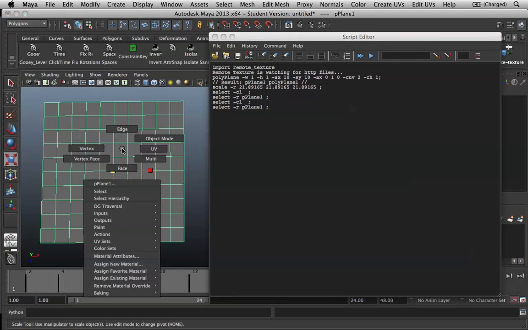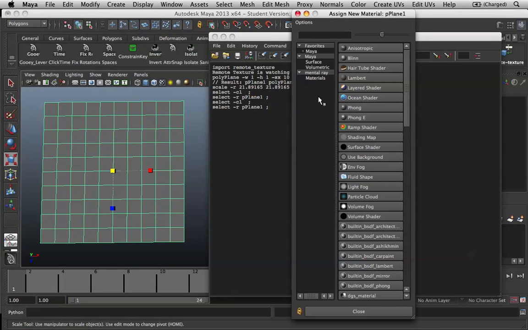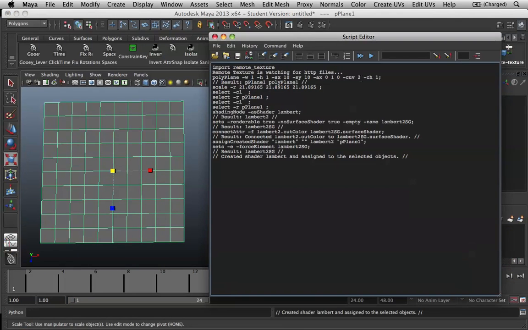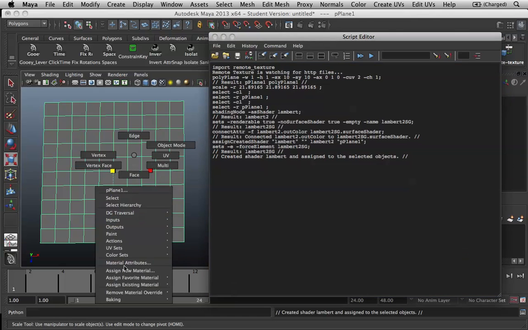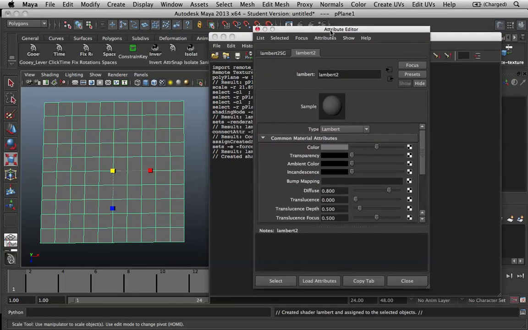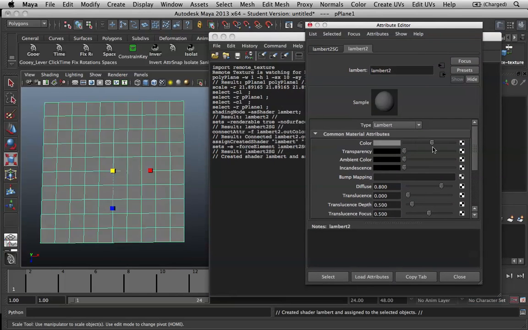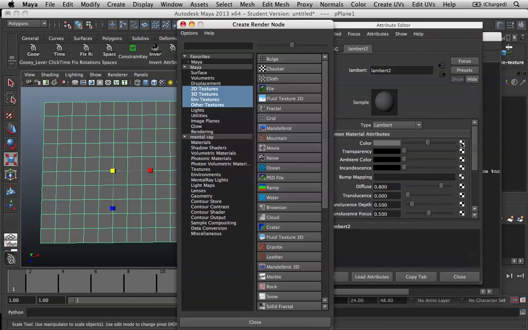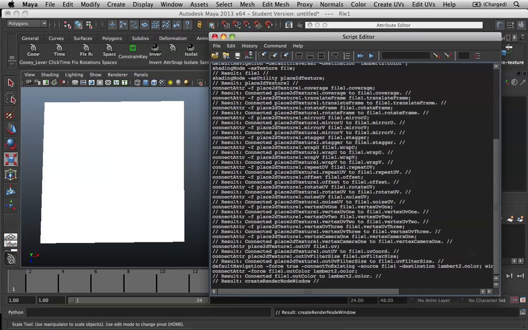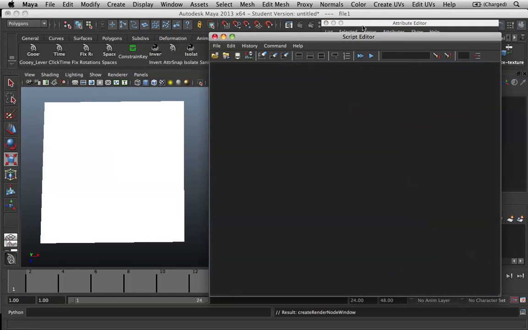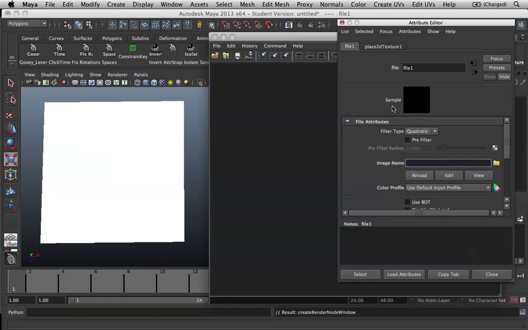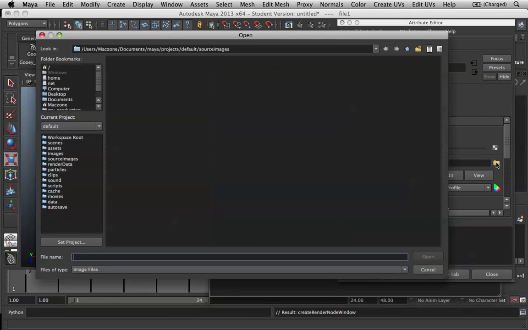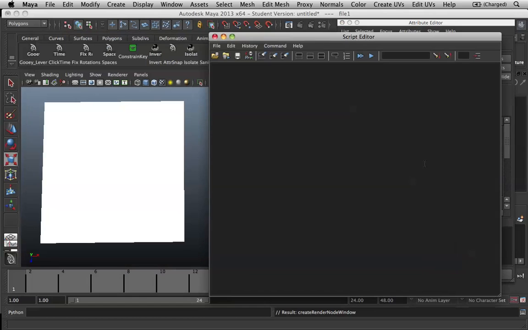Cool, so now we can go and create a new material, or if you happen to have a material already on there, you can just edit that. Create a new one, and we'll edit it. So this is the material for that. We'll add a file, and I'll just clear all this. So this is just so you can see what's happening in the background. So we've got our thing, and normally in here you would go into this and you would find your file and put a file in. But